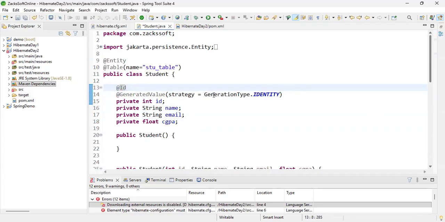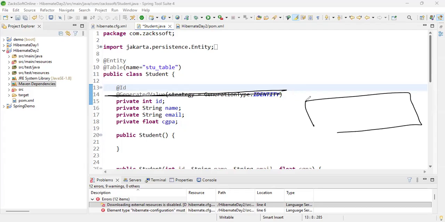Another thing now. If you want, you can add the value automatically. If you don't write this annotation, there is no problem. I repeat once more, there is no problem. But if you want the database table to add the value automatically,